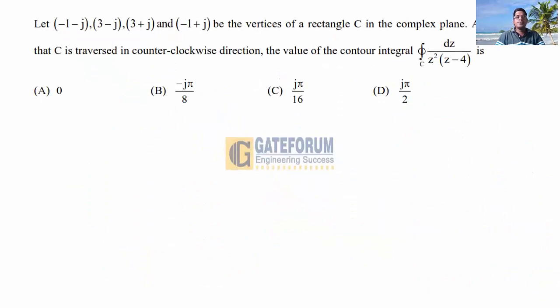The question is, let minus 1 minus j, comma 3 minus j, comma 3 plus j, and minus 1 plus j be the vertices of a rectangle C in the complex plane. Assuming that C is traversed in counterclockwise direction, the value of the contour integral over C dz by z square into z minus 4 is, 4 options A, B, C, D given. This question is from engineering mathematics, from the topic complex variable, subtopic complex integration. The solution is